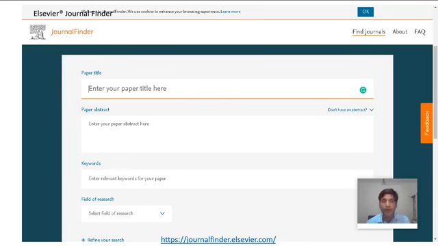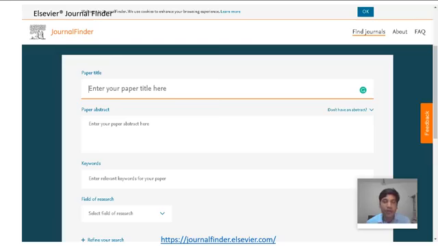Now this tool is available on the Elsevier website, and the main advantage of using this tool is that it helps you find the journal that could be best suited for publishing your scientific article. You can also consult the journal aim and scope for further guidance. Ultimately, the editor will decide how well your article matches the journal. So this Journal Finder of Elsevier locates Elsevier journals that most closely match your abstract, and an Elsevier journal will be recommended if it has published articles that are highly similar to your article.